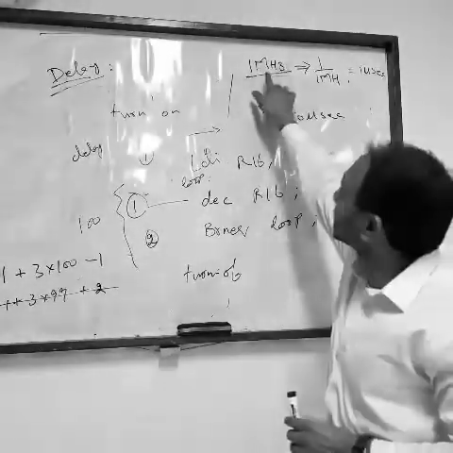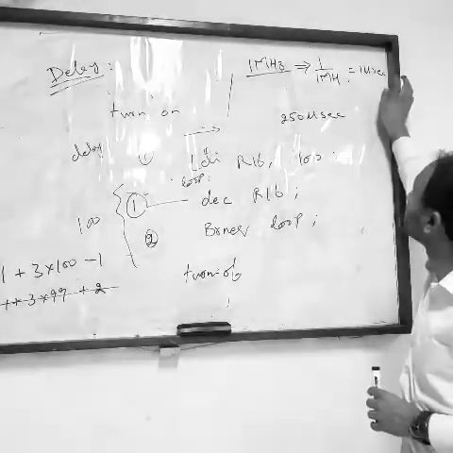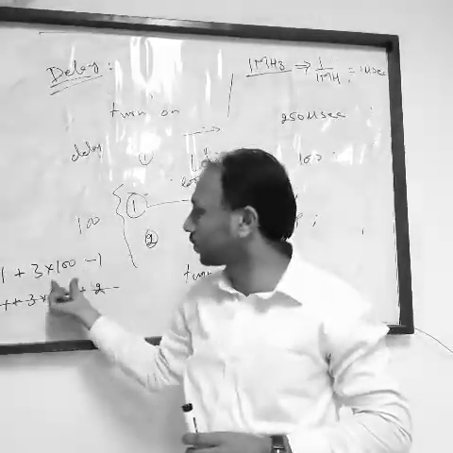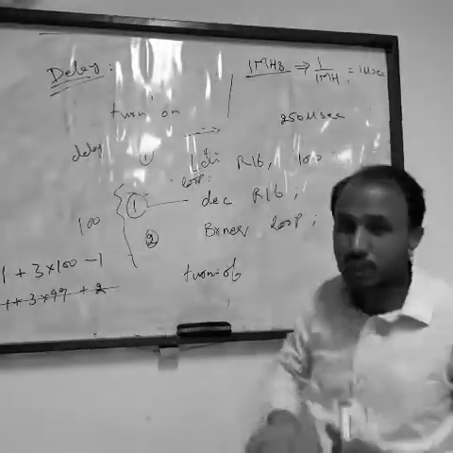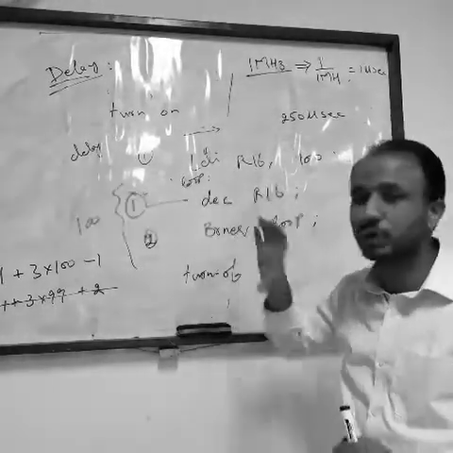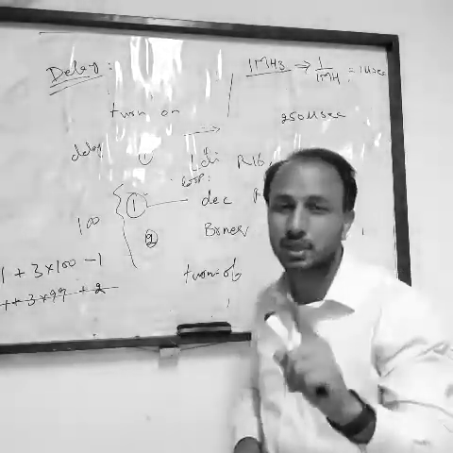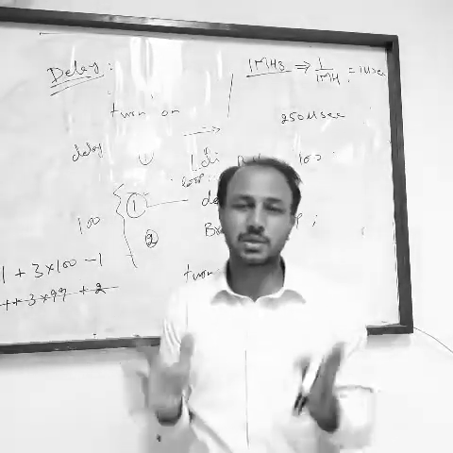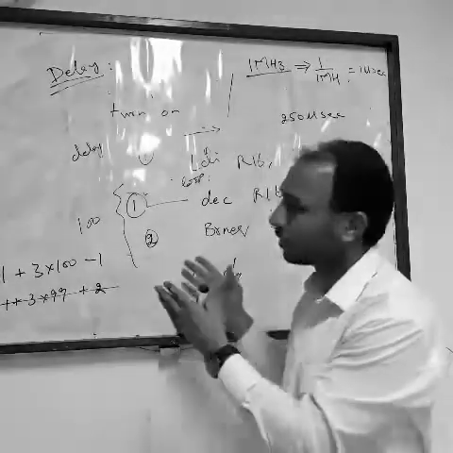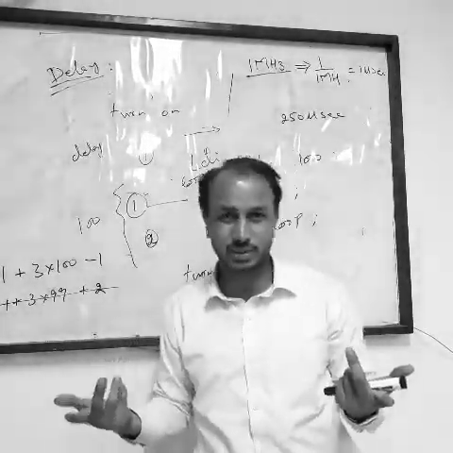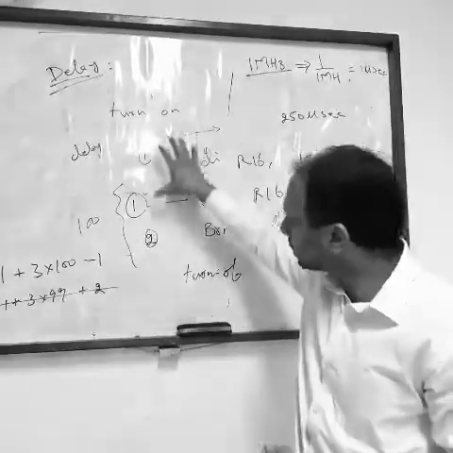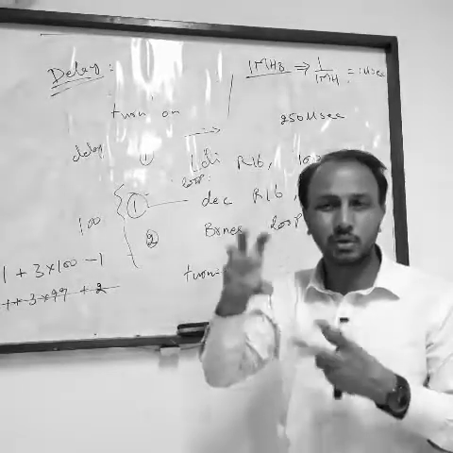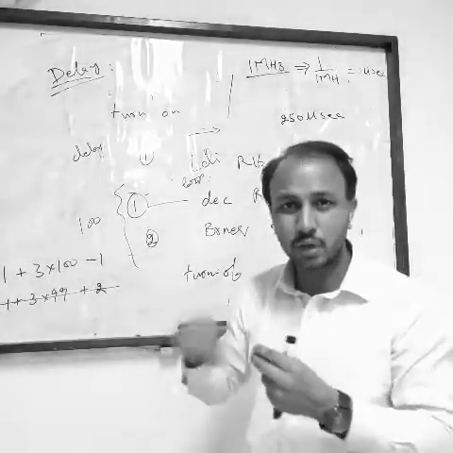Now if your processor is 1 megahertz, your clock speed's time period is 1 microsecond, this will become 300 microseconds. If you are increasing your clock, your delay will get automatically reduced. This is the reason we need to understand our assembly language. Your code has not changed, your code is the same, you only change your processor speed. So all these tasks will be done quickly and your light will start turning on and off quickly.